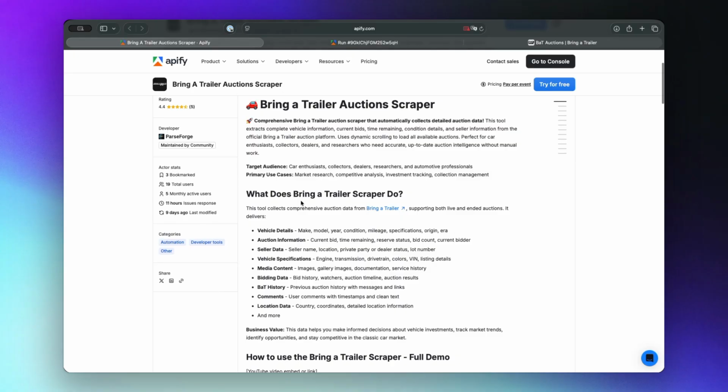This scraper is ideal for car collectors, dealers, and analysts who want real-time visibility into the Bring a Trailer market